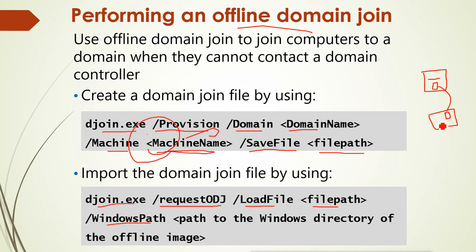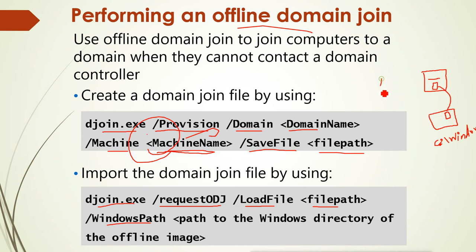Like in this local machine which we are joining, that machine's Windows directory, that system directory which is under C drive, like C:\Windows, that is our system directory. So we will mention that, this will define the operating system, that this is the operating system I want to do the offline joining on. And then after that we reboot the system, and it will become a member of the domain.